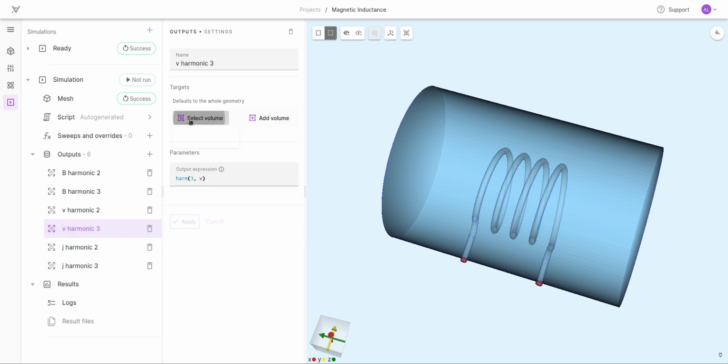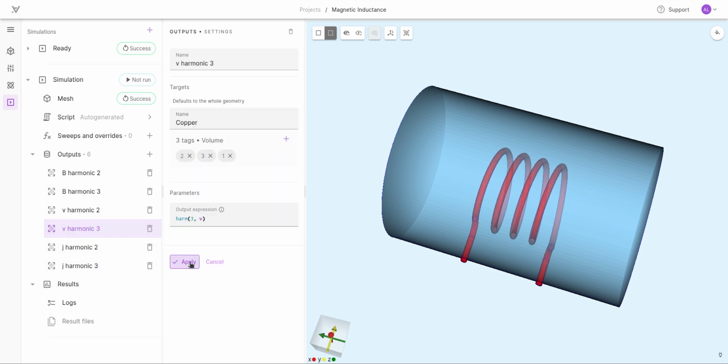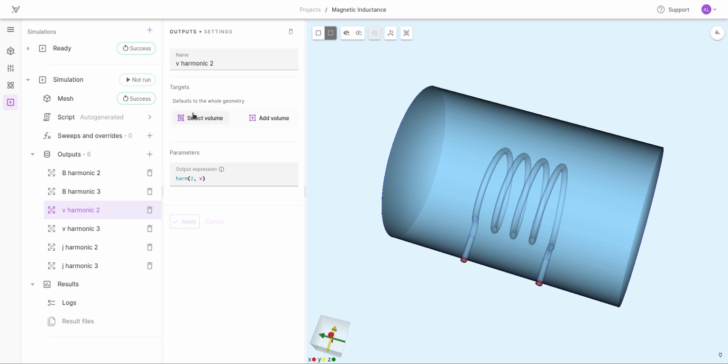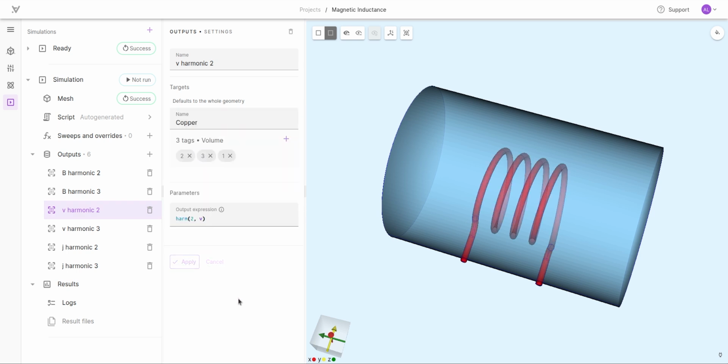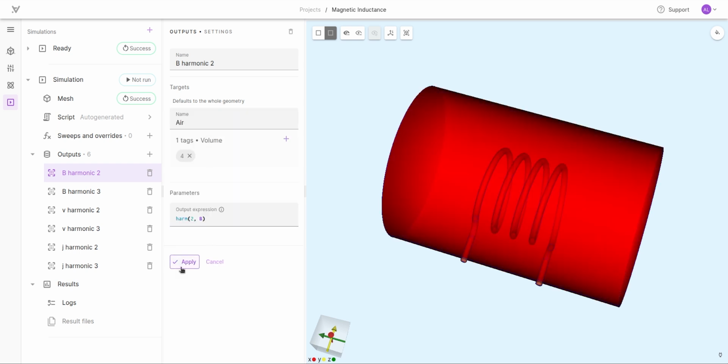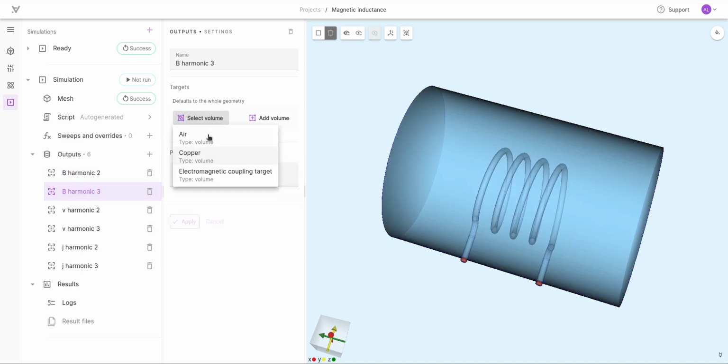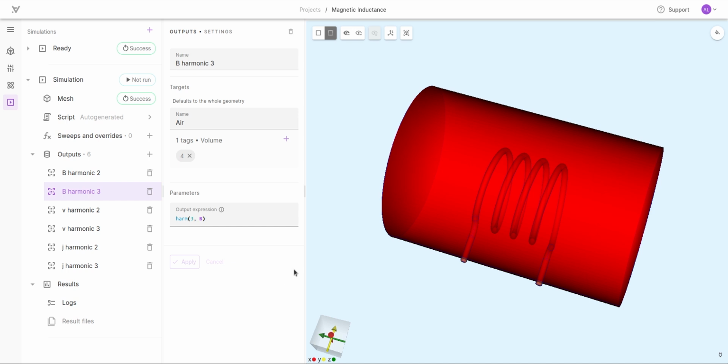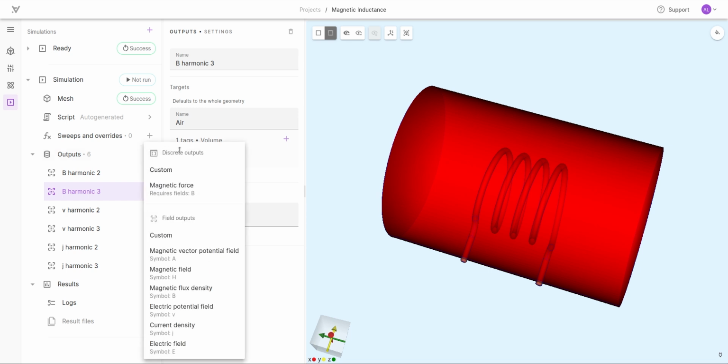fields. And because our physics is harmonics, we get both harmonic 2 and harmonic 3 for each field automatically here. Then we can set for the magnetic flux density the air as the target, like this. And that's field outputs. But for example, if we want to calculate the magnetic energy, we can add a discrete